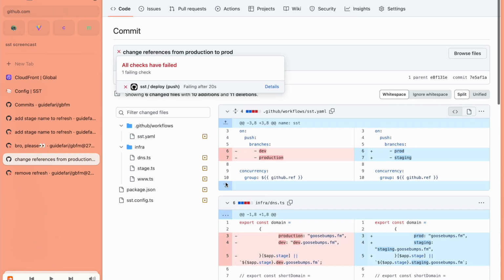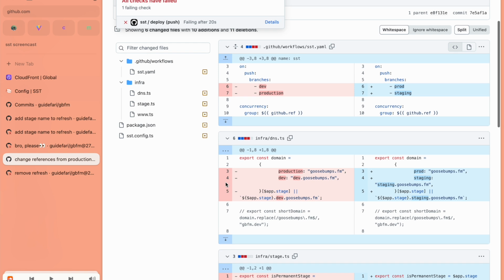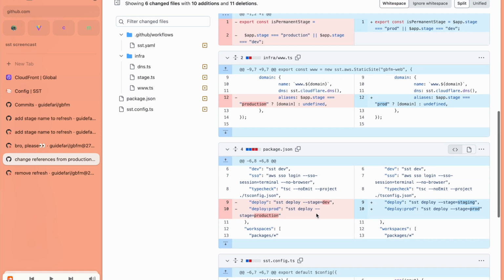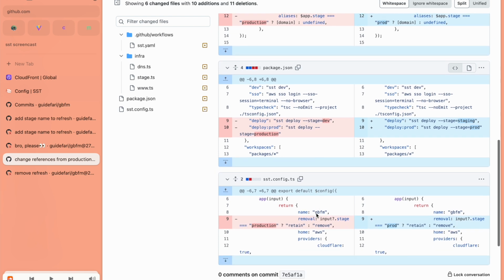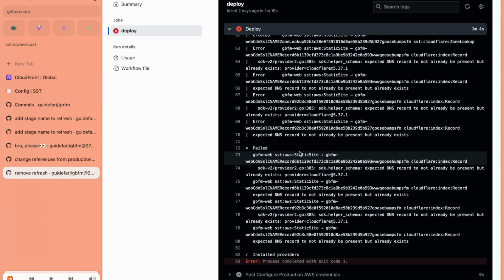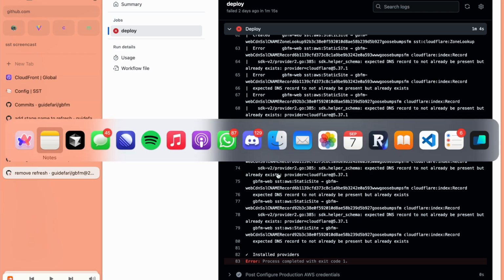Okay, this is just showing me changing the name of the deploy stages. This was part of the fix. I think we've already seen this one. So how I eventually fixed things